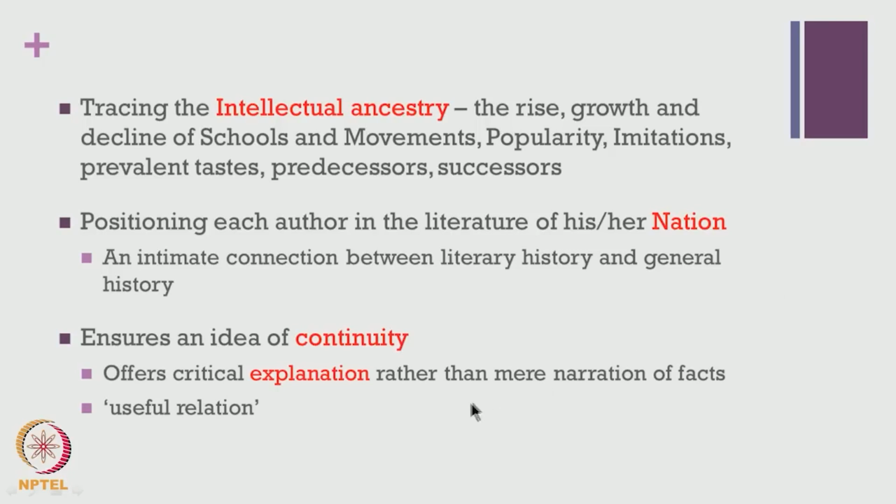And the other important feature is that literary history is based on an idea of continuity, and this continuity is very important because when one moves from one school of thought to the other, or from one literary age to the other, or even from one kind of authority to the other, there is a sense of continuity which is built in, and literary history tries to highlight this connection. And even while we are trying to highlight this connection, it is useful to remember that modern literary history is quite unlike the earlier prototypes of literary histories available, which could include chronicles, catalogues, and so forth.